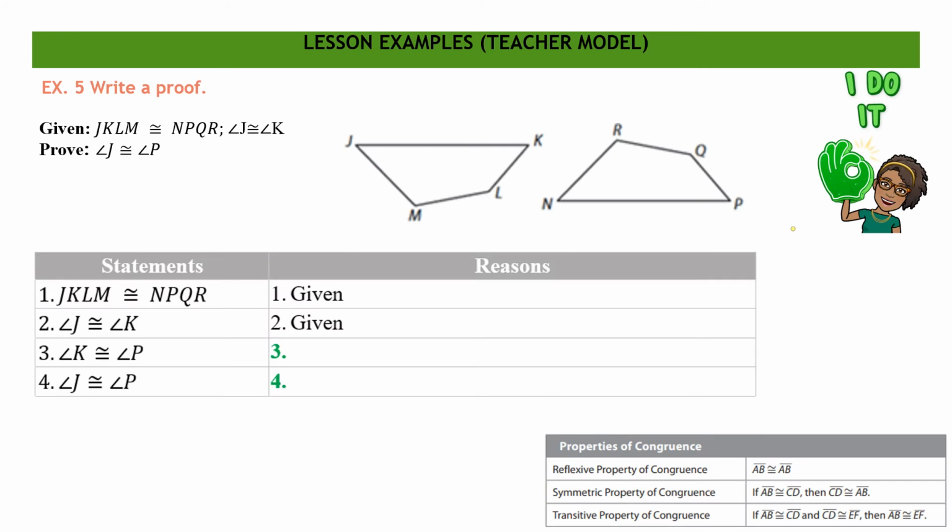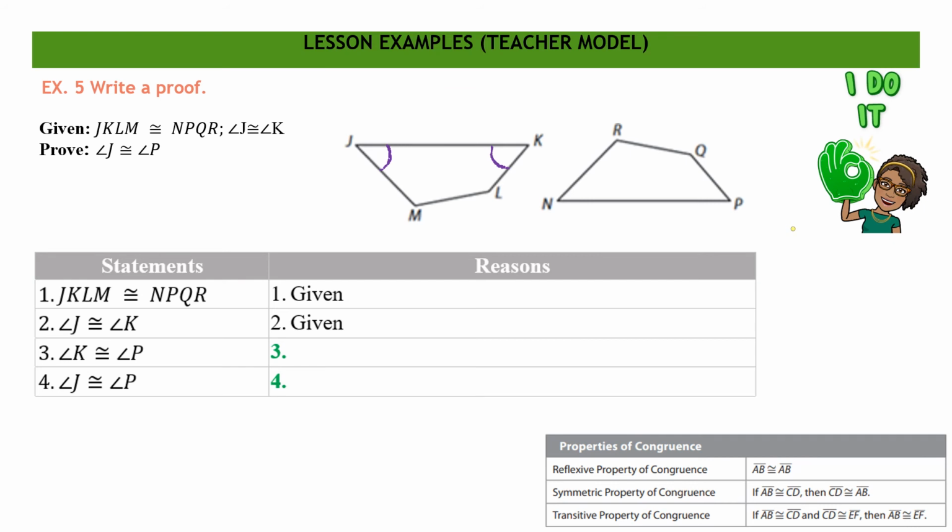Okay, example 5, they want us to write a proof. So they give us already that these two quadrilaterals, JKLM and NPQR, are congruent figures. They also identify two angles that are congruent. They tell us that angle J is congruent to angle K. So it looks like the base angles of this trapezoid are congruent. Then they want us to prove that angle J from our first figure is congruent to angle P in our